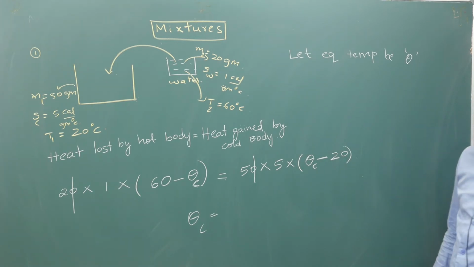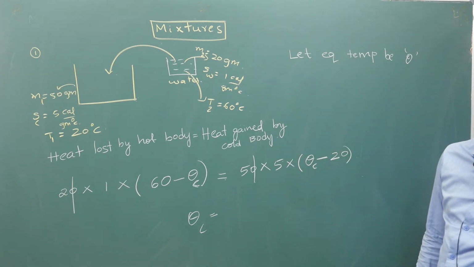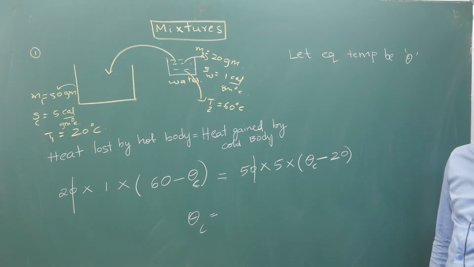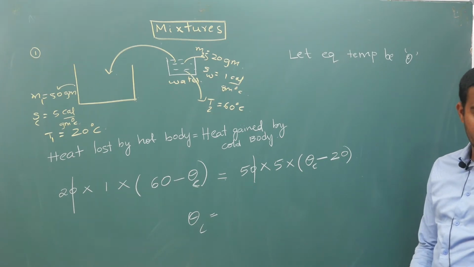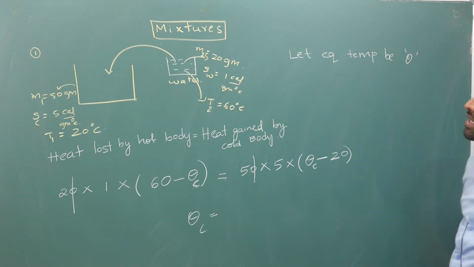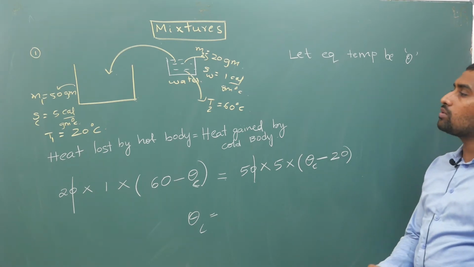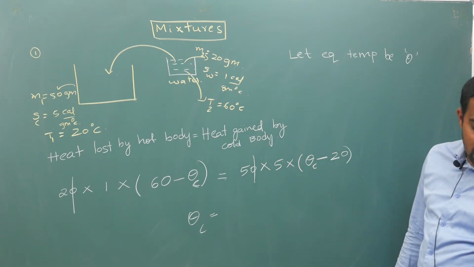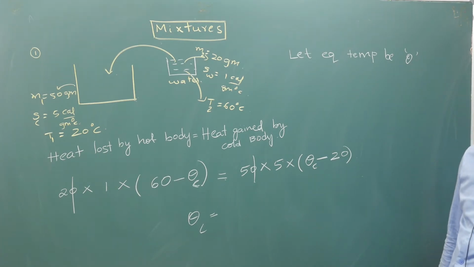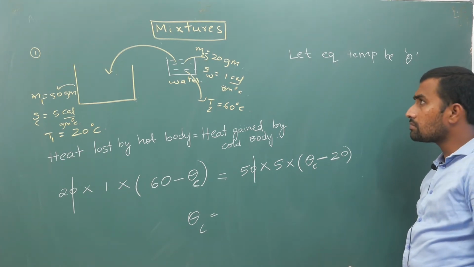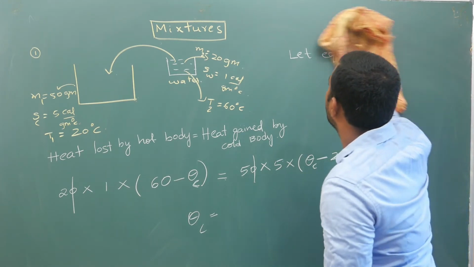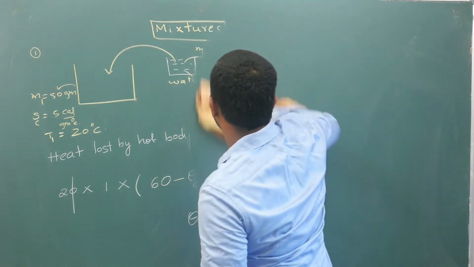Now next, let us slightly increase the level. Now I have mixed 2 liquids. In the next scenario, what I am going to do is mix 2 liquids into another container whose water equivalent is given. In such a case, you are supposed to calculate the equilibrium temperature. So now we will do that scenario. Let me erase it. So the next question is,